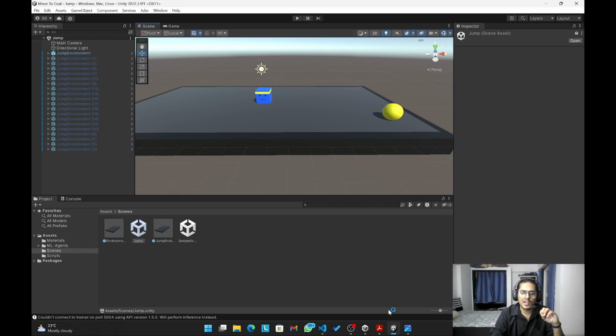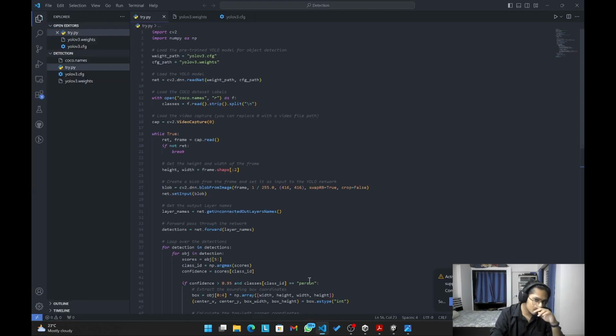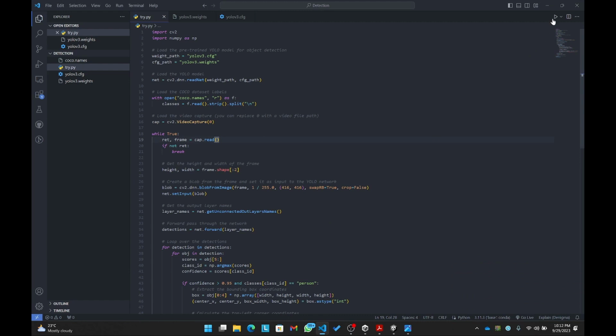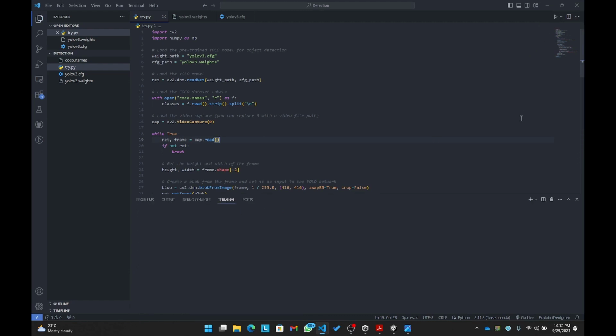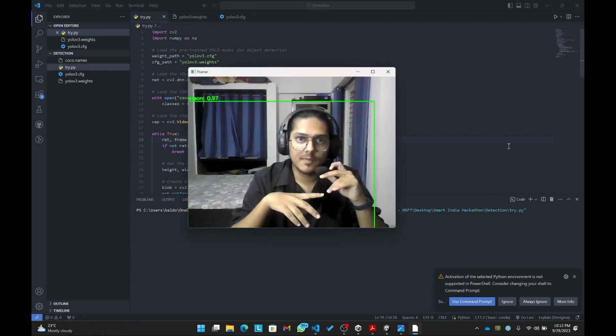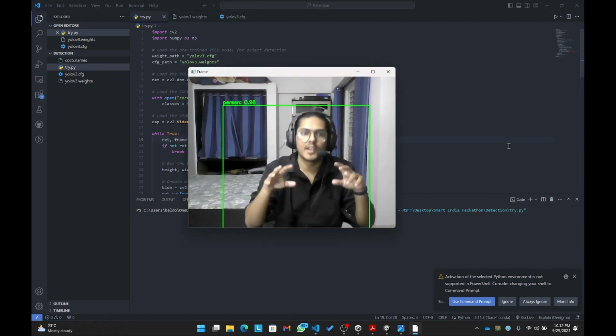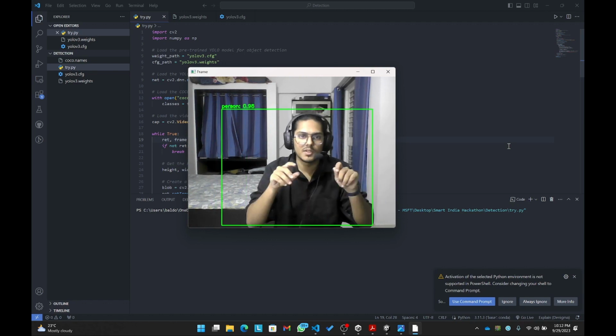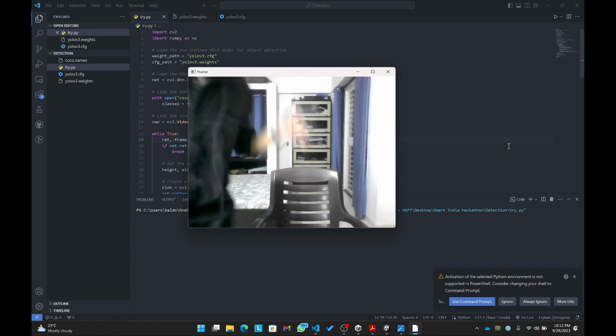And the next model we have to show is about the human detection system. So this is our human detection system, for which we have used the YOLO 3 model right now. Let me just show you the demonstration. So as you can see, it recognizes me as a person right now, and if I try to go back,